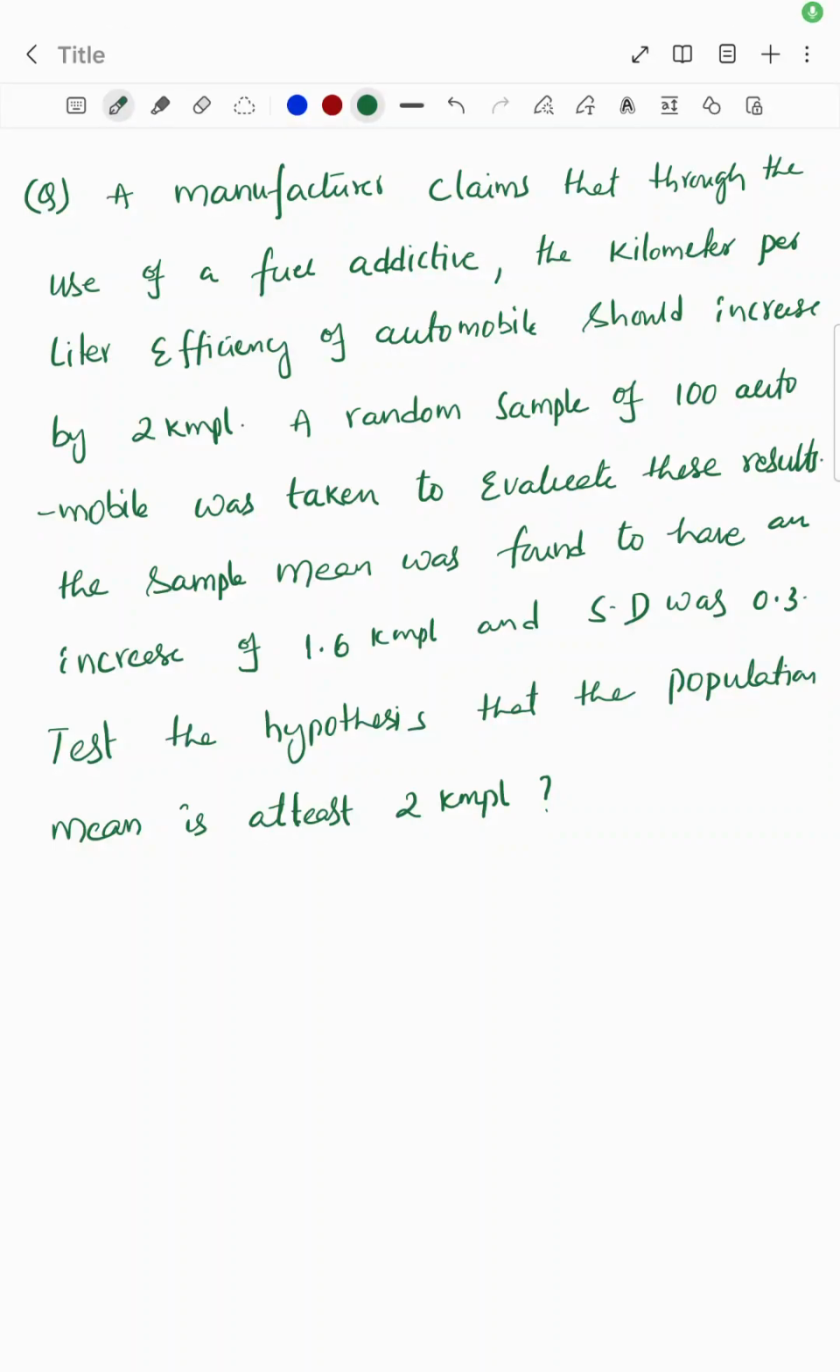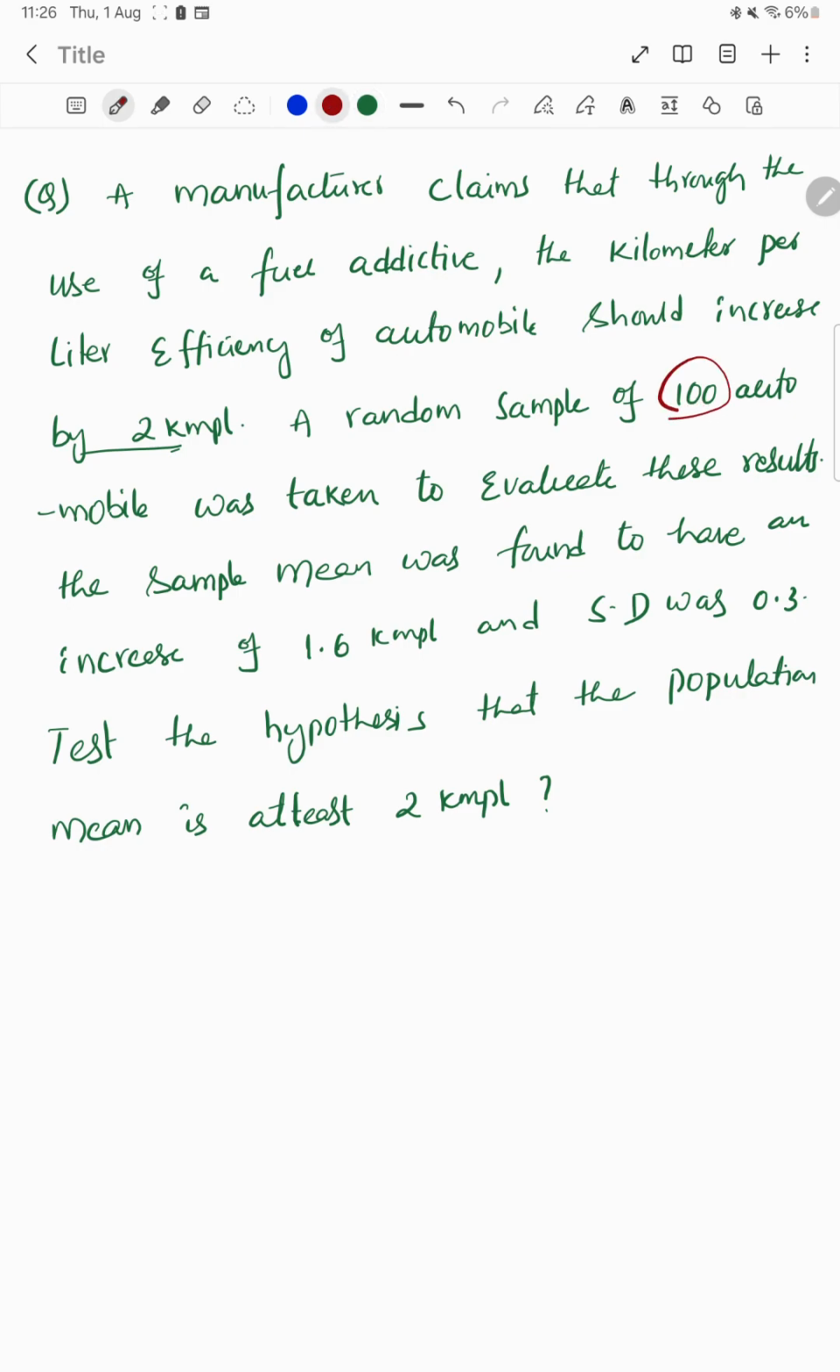Evening. So I have taken one more example. A manufacturer claims that through the use of a fuel additive, the kilometer per liter efficiency of an automobile should increase by 2 kilometers per hour. A random sample of